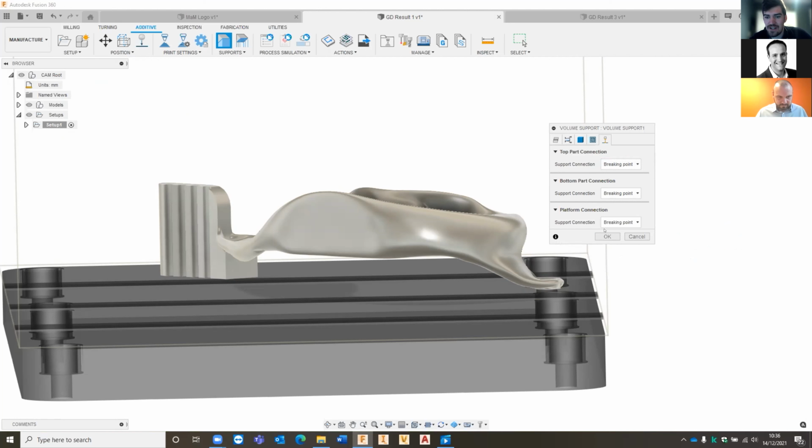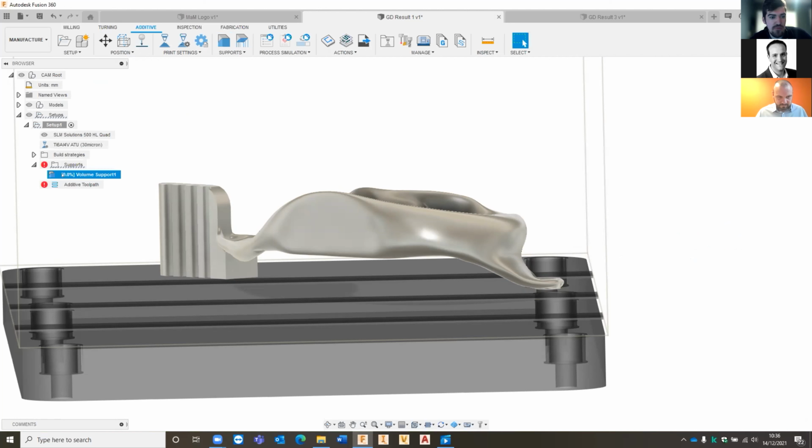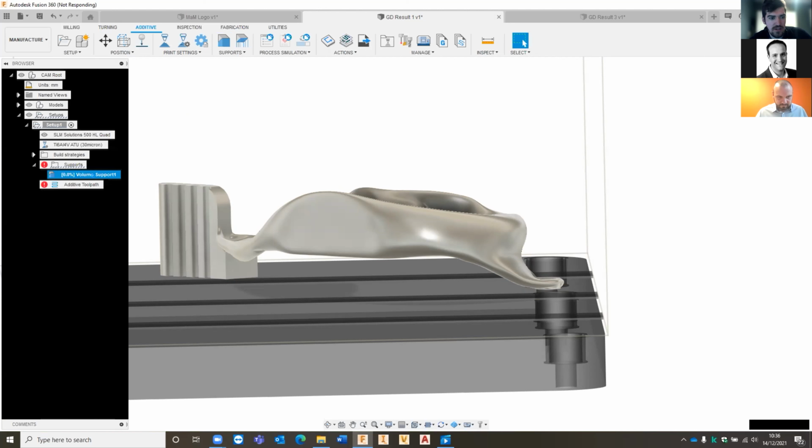Awesome. So as soon as I hit OK on that, sorry, quite a lot to cover inside of the volume support. If I hit OK on there, you'll see it then generates the support inside here. It's just running through its calculations for that. I'm not going to click anywhere just so that I don't anger Fusion. This is usually dependent on the curvature of your part and how simple your part is. Usually takes a few seconds to a few minutes. I think in previous tests of this particular model, it took just over a minute or so to generate